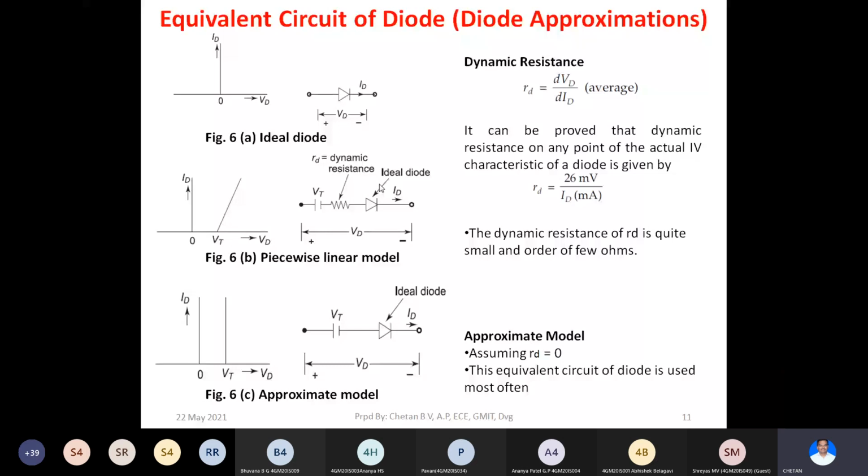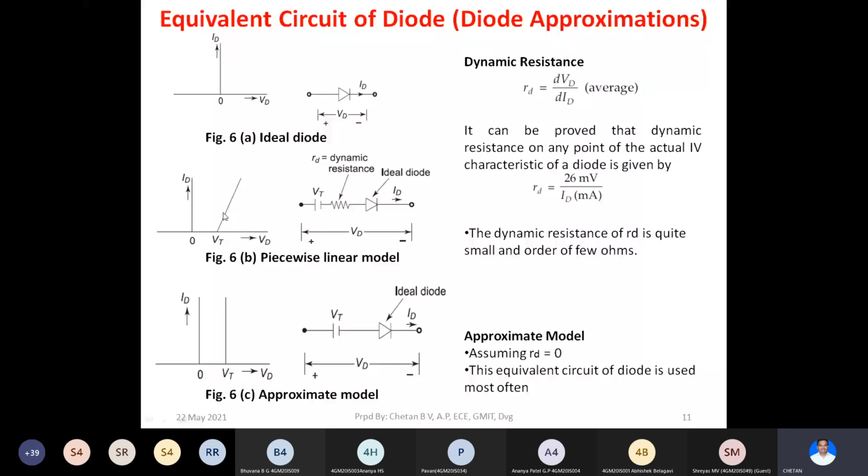So whenever there is resistance for the movement of current, I hope you have learnt Ohm's law. In Ohm's law, when you start increasing the voltage across a resistance, the current will linearly increase. That is what is indicated in this graph. So even after Vt, you need to keep increasing Vd so that current will increase linearly. This is mainly due to the presence of resistance, which is also called dynamic resistance. If you take the slope of this line, you will get the equation for this dynamic resistance.